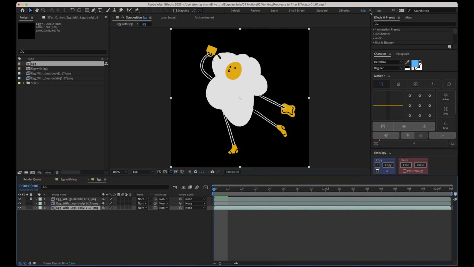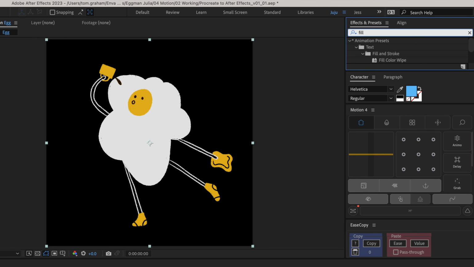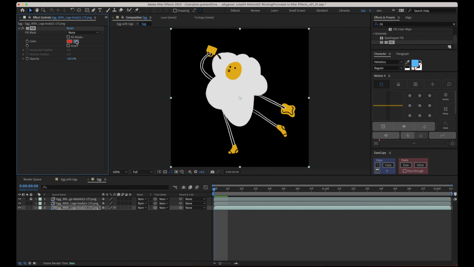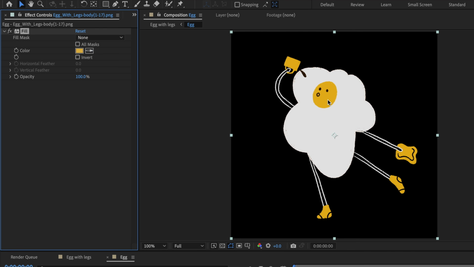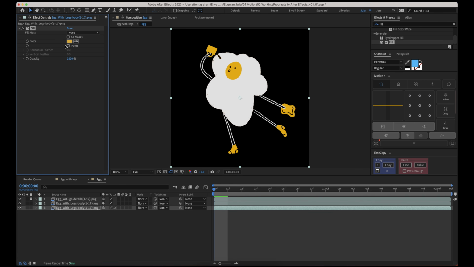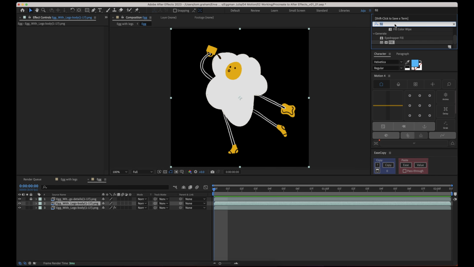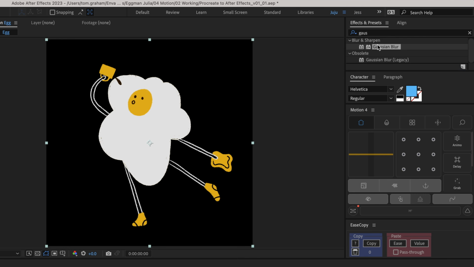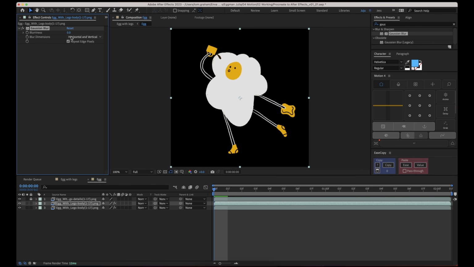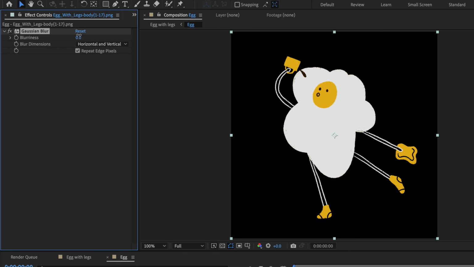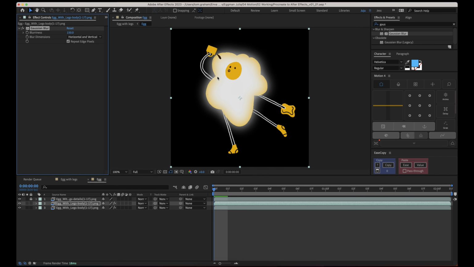And on this bottom copy, let's put a fill in there with the effect panel up here. And I want to make this fill the same yellow that we have on the egg yolk. Make sure that that's happened. Cool, awesome. On this top layer, this can stay as white, and let's add a blur. The idea is we want to get this kind of nice grainy effect, so bear with me through this process. Let's chunk this up to something like that, and we start getting this kind of nice outline area.